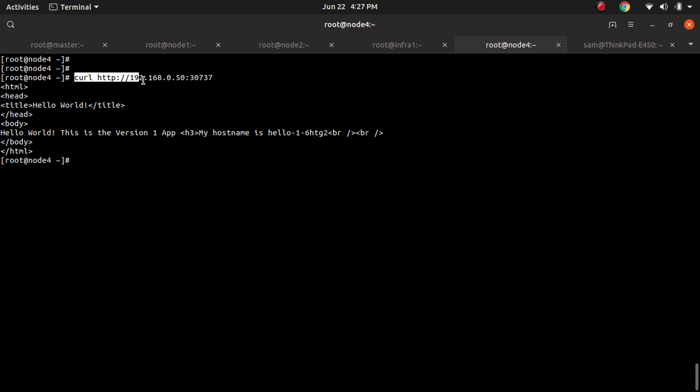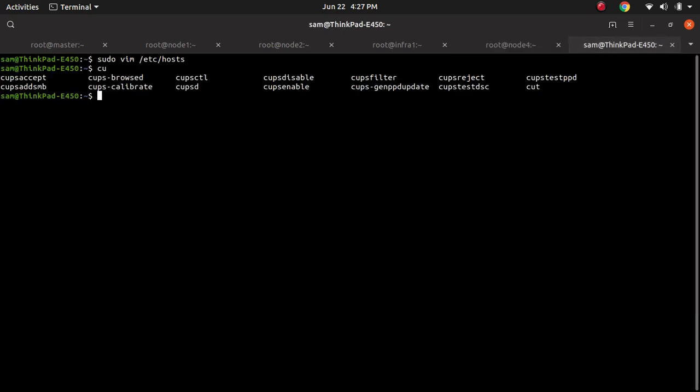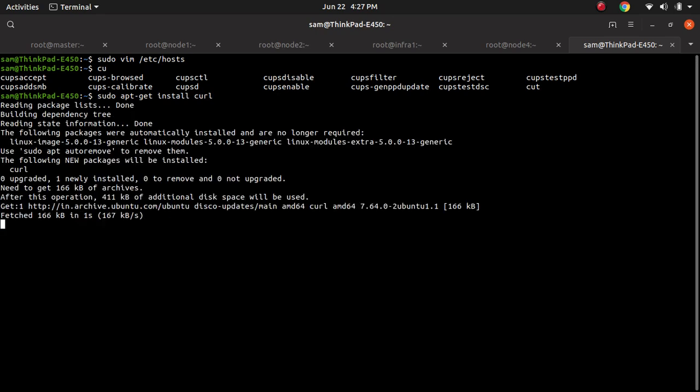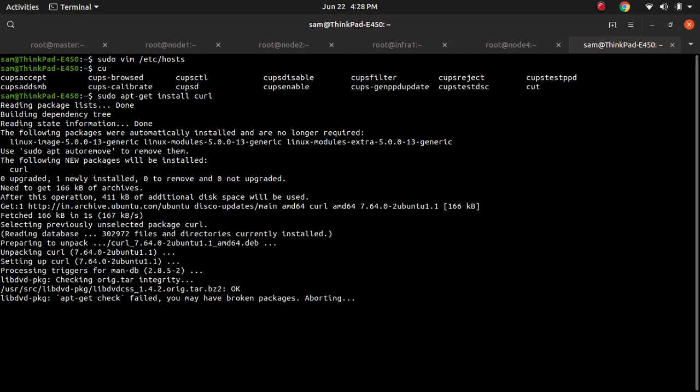Even I can access this application from my laptop. Curl, there is no curl, so let me do sudo apt-get install curl. Curl,